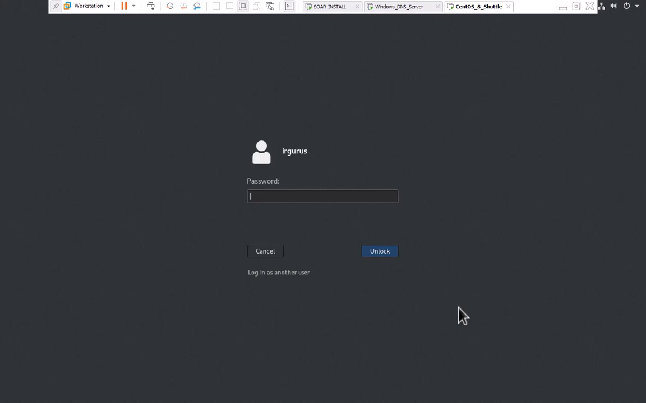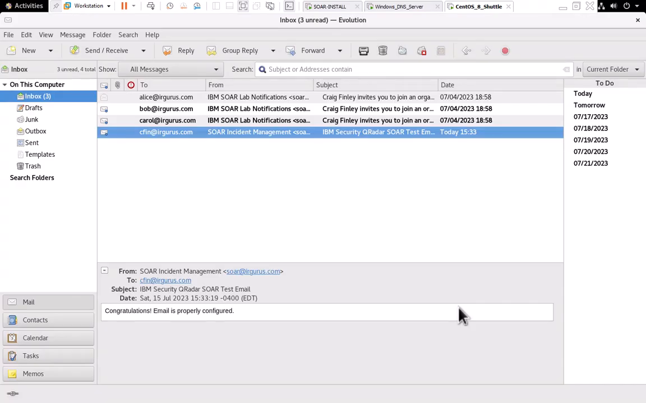All right, and we're back. The next thing we want to talk about here is setting the base URL. Whenever you have an email or a notification that is sent out from the SOAR platform, by default in the install, it doesn't know exactly what your domain is, so it doesn't set that up